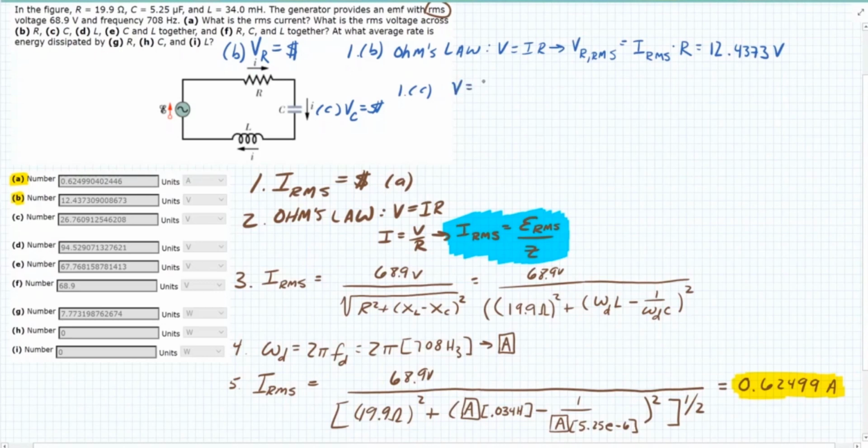Here's Ohm's law for the capacitor: V, the voltage drop across the capacitor, RMS, we're talking about RMS values, average values, not peak values, equals I RMS times the capacitor version of resistance, which is capacitive reactance, X subscript C. So then you just need to take your RMS current that you calculated in part A,